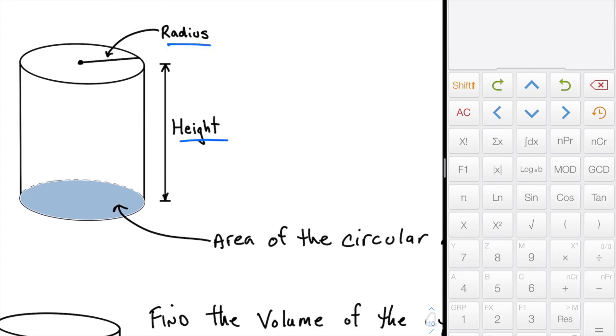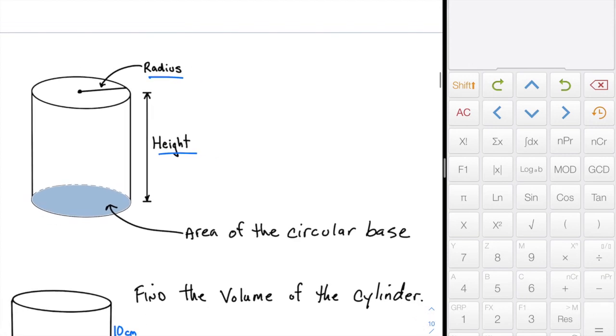And the area of a circular base is kind of an idea of this. I'm going to teach you a formula, but the formula is going to be based on this area being multiplied by whatever this height is. And that's going to be true no matter whether we turn this thing on its side or not. Although I'm going to show you a more specific formula down below, the volume of just about anything